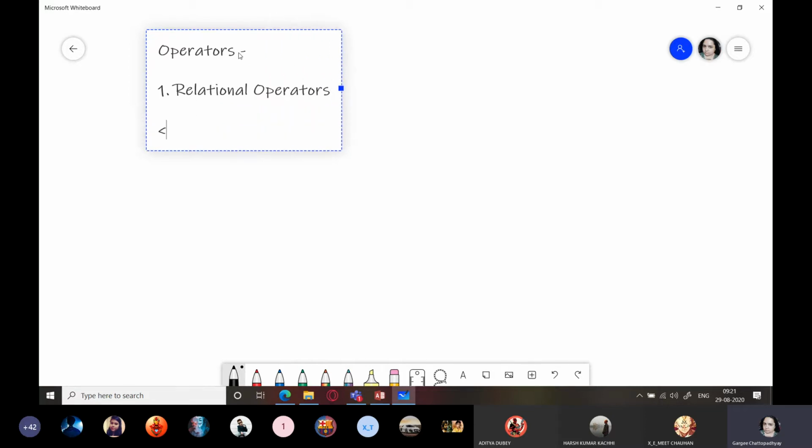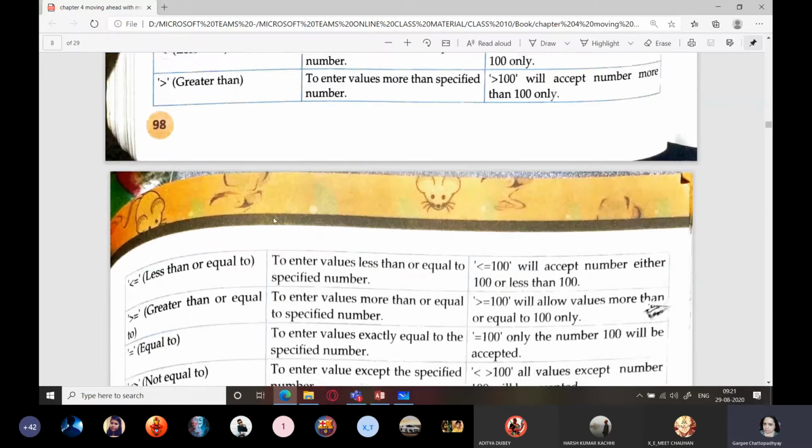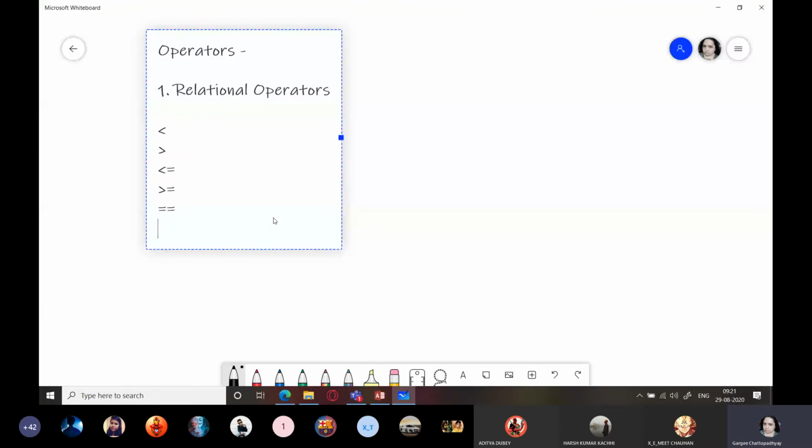What are relational operators? Less than, greater than, less than equal to, greater than equal to, double equal to, and not equal to. Now let me just check this not equal to sign, what they use. Okay, here they use this sign. Whereas universally, the not equal to sign is this exclamation mark followed by equal to sign.